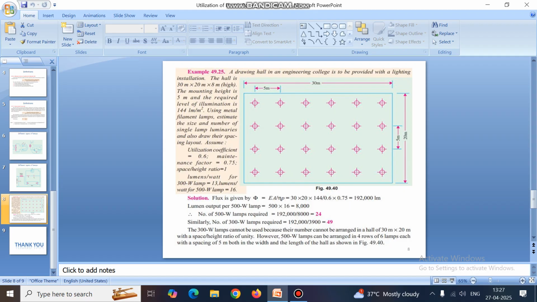In this type of problem, there are certain steps. First step is to calculate the space height ratio. Here the space height ratio is 1 and height is 5. So space by 5 is equal to 1, that is, the space is also 5 meter. So the space means the difference between two lights should be maintained at 5 meter. Second step is calculation of flux phi. Phi is EA by eta P. Putting the values, here E value is 1